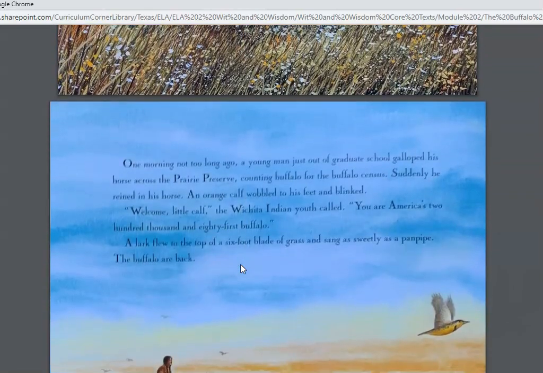One morning, not long ago, a young man just out of graduate school galloped his horse across the Prairie Preserve, counting buffalo for the buffalo census. Suddenly, he reined in his horse. An orange calf wobbled to her feet and blinked. "Welcome, little calf," the Wichita Indian youth called. "You are America's